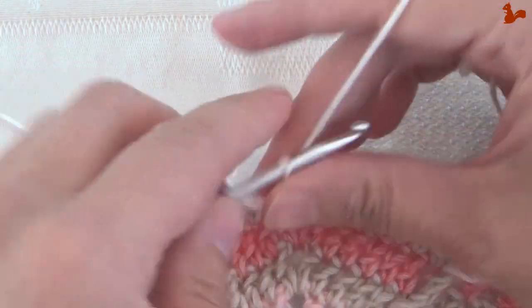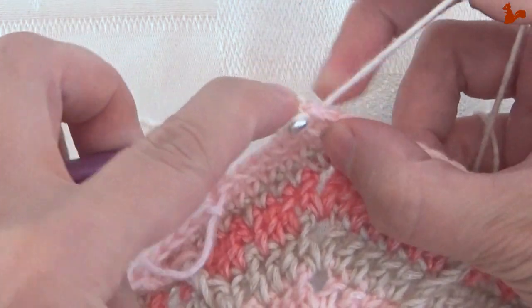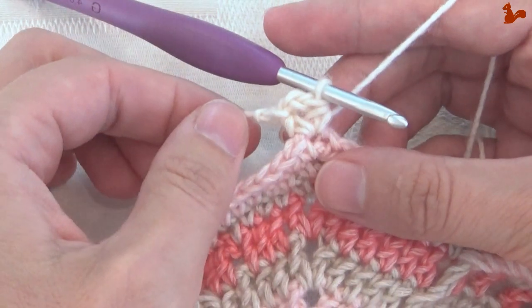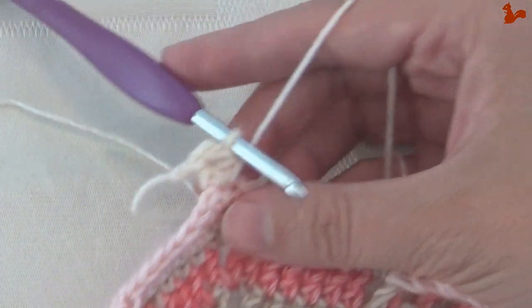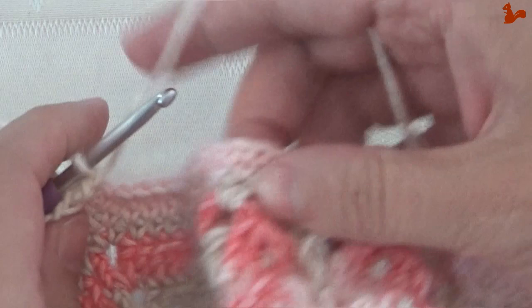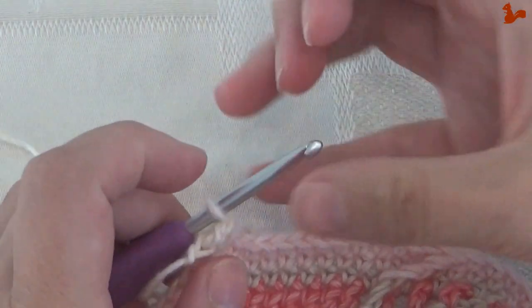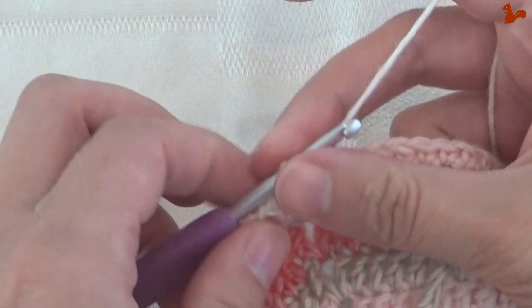Then chain 2 and another half treble in that same space. And that's your first corner made. So half treble, chain 2, half treble. The repeats along the edge. A chain 1, so this is the start of the repeat, chain 1,